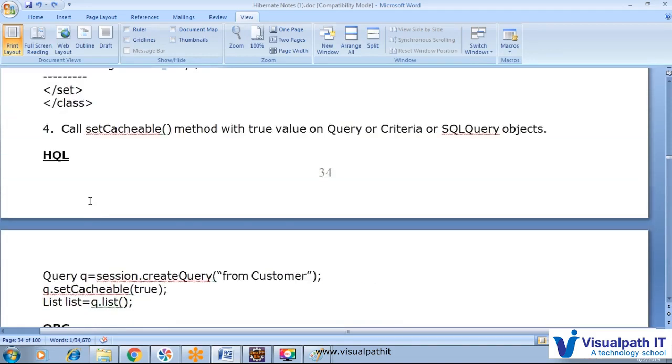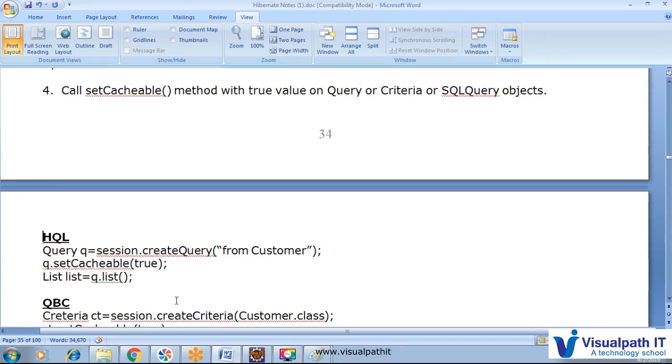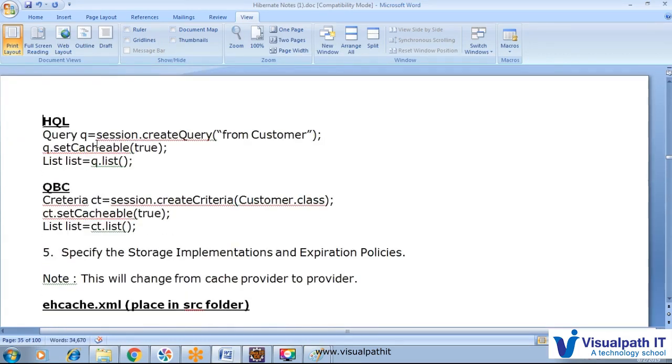This is an HQL example. Whenever we use HQL, then Query q = session.createQuery("from Customer c"), and once the query is created we use setCacheable and pass true. So now this data is cacheable. In criteria we will utilize the same thing: Criteria ct = session.createCriteria, and here we will do ct.setCacheable(true). So whether we use QBC or HQL, both have a setCacheable method, so we have to set cacheable true.